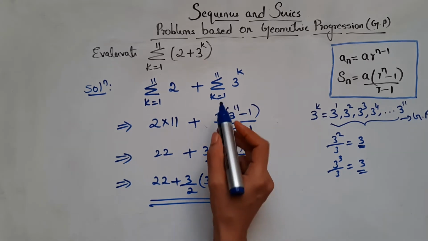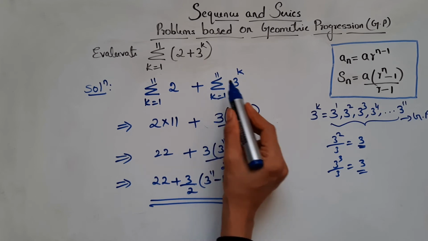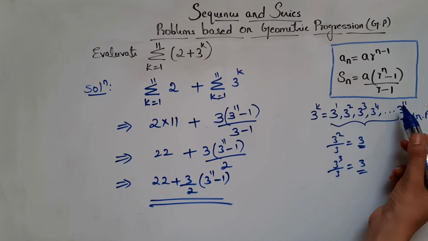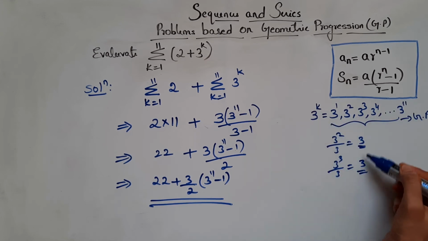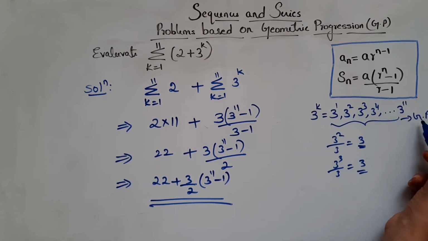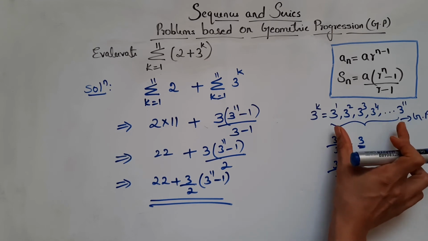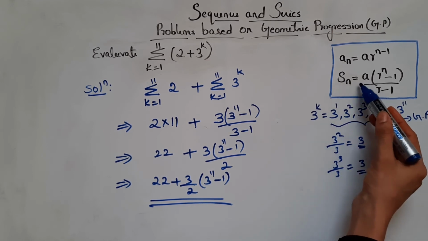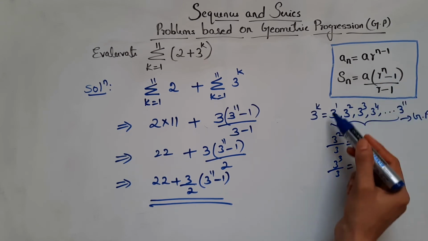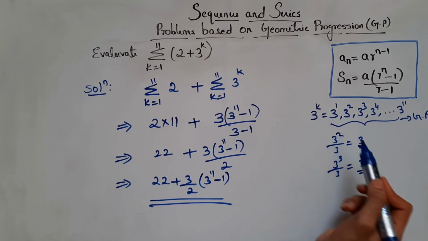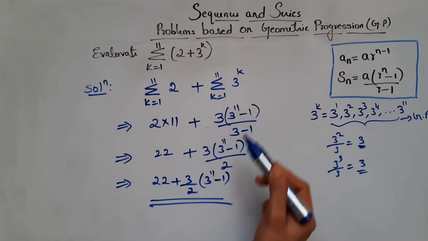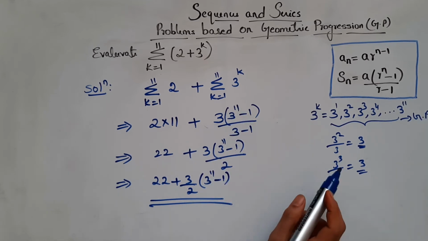Alright. So I repeat here, summation from k is equal to 1 to 11, 3 power k is nothing but 3 power 1, 3 power 2, 3 power 3 up till 3 power 11. We know this sequence is in GP because the common ratio is 3, right? It's a constant. So we can say this sequence is in GP. So if this sequence is in GP, the sum of these 11 terms is found by using Sn is equal to A into R power n minus 1 by R minus 1. So we have substituted the values from this sequence, right? Here A is 3, R is 3 and n is 11 terms, right? So we have substituted here and simplified. So I hope this is clear.